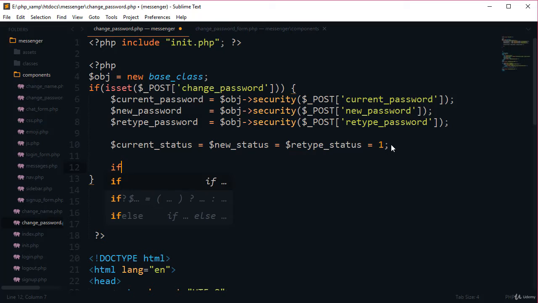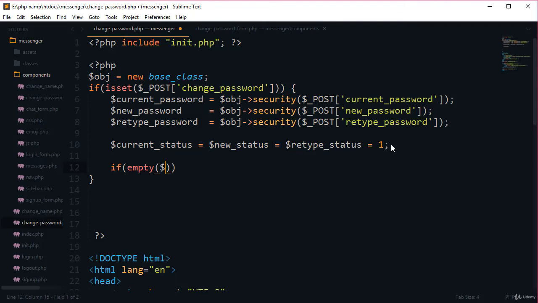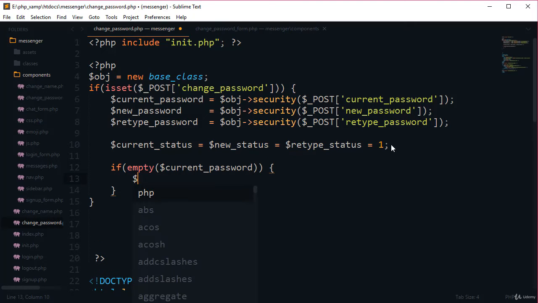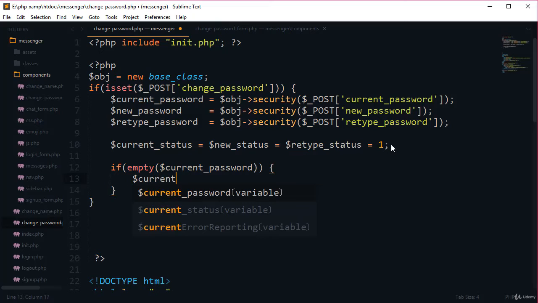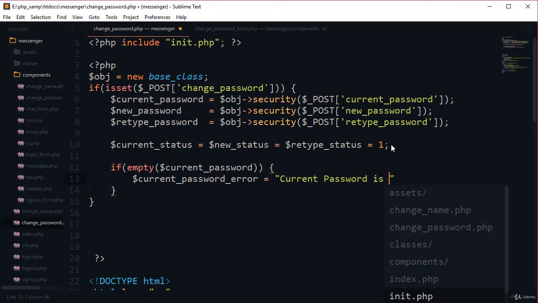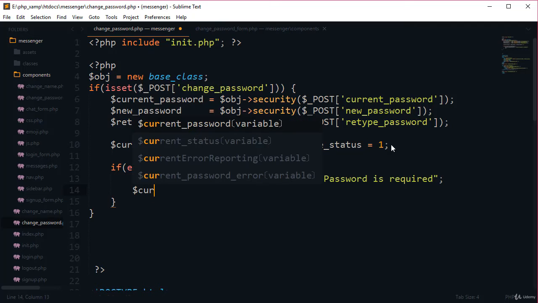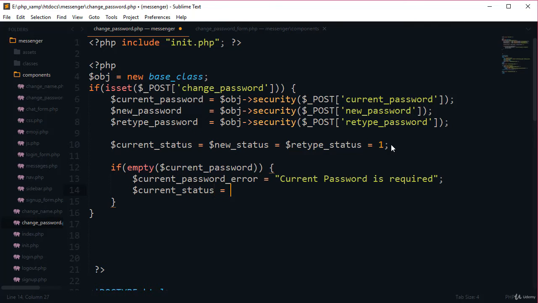Now here if empty current password. If the current password is empty, so here current password error equal to current password is required. And also here current status will be empty. Perfect.